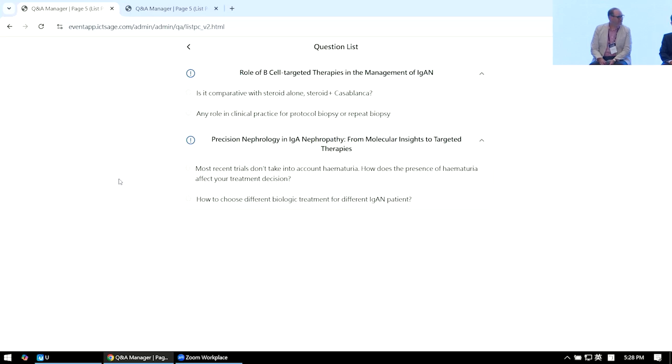Yeah, I think a very interesting question. We've actually been asked to write a debate article on this recently. Up to now it's been quite easy because we've not really had therapies that can affect hematuria that effectively. And it's clear that in patients with IgA nephropathy, hematuria is a presenting factor, and we don't tend to biopsy patients with just isolated hematuria, no proteinuria, normal kidney function, because we know those patients have a very good outcome as well. And we know also from the trial data that there are probably a proportion of patients who will have persistent hematuria, that no matter what kind of treatment you give them, they may always have hematuria,